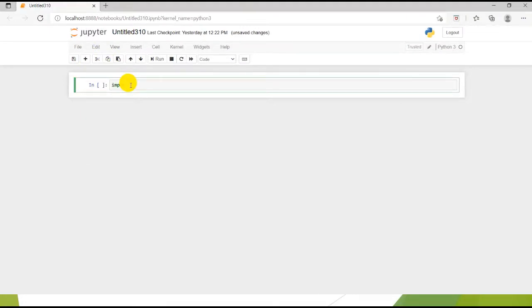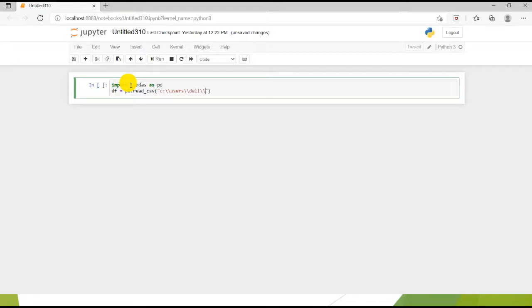So let me do it practically. First of all, I need to import pandas as PD. So I'm just calling a function read underscore CSV. You need to mention the full path and just make sure that you use double slash to browse through the folders and subfolders, because as you know single slash is a escape sequence. So if you put double slash, it will be treated as a slash, it will be passed as slash.